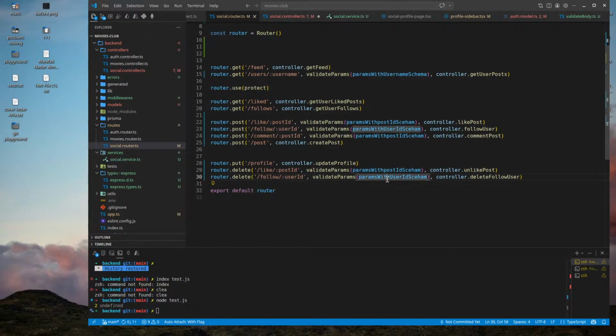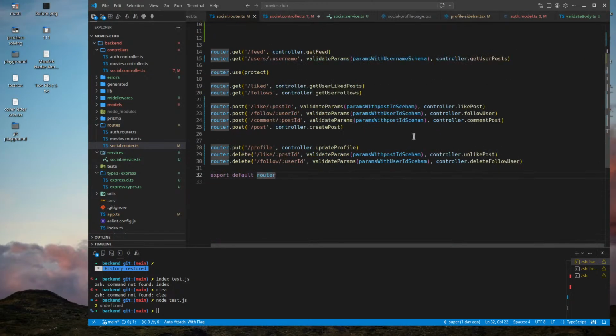بس هلا صار بدي اعمل params with target user ID. We don't want to do this. I mean, it's just the name that is going to be different. But if I change the name, I don't have to change it.